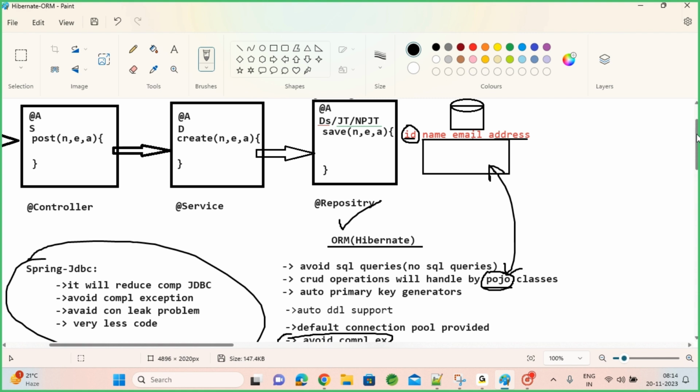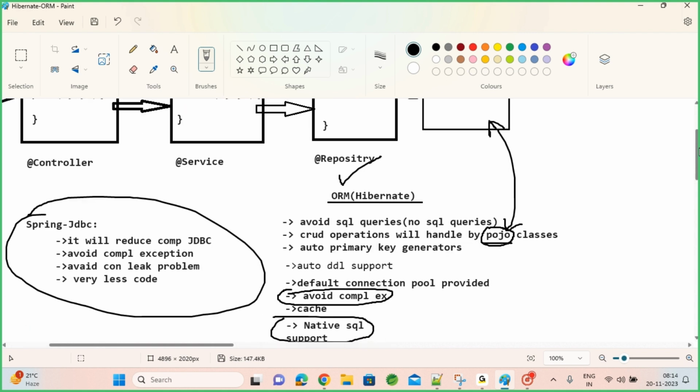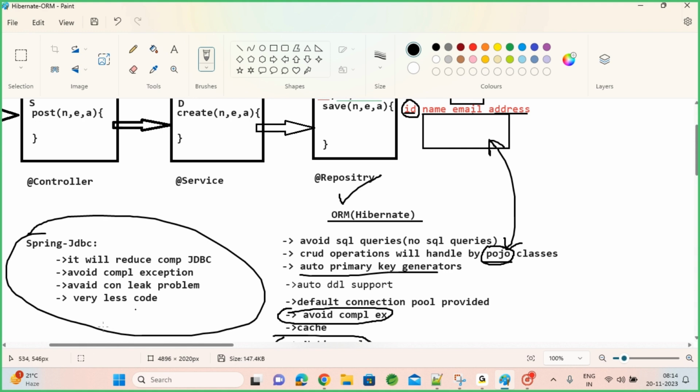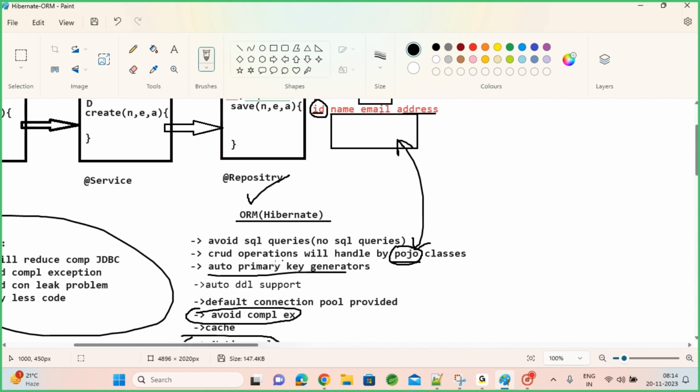While using the JDBC concept, you should take care of the primary key generators. Whatever code you write, you need to do it. But in Hibernate, you need not bother about primary key data or the primary key field. Primary keys will be generated automatically because the primary key field will not be entered by any end user. End user will not enter any data for the primary key. From the application side, we should handle it. So that primary key generator support we have